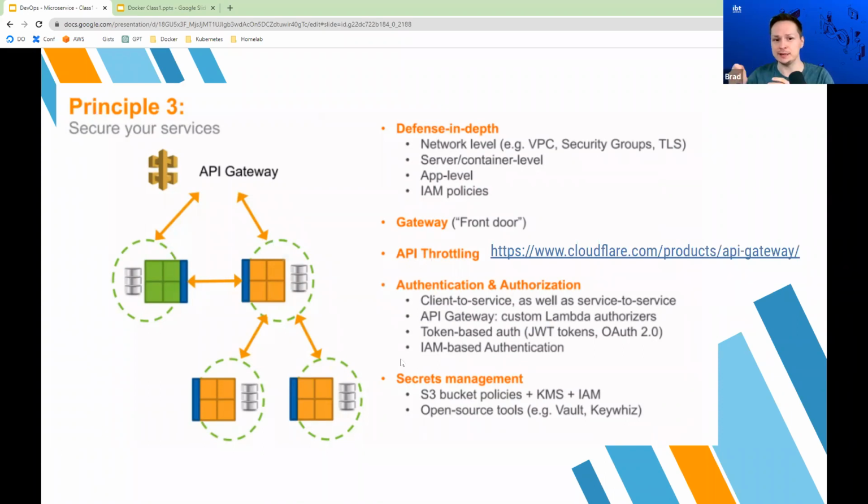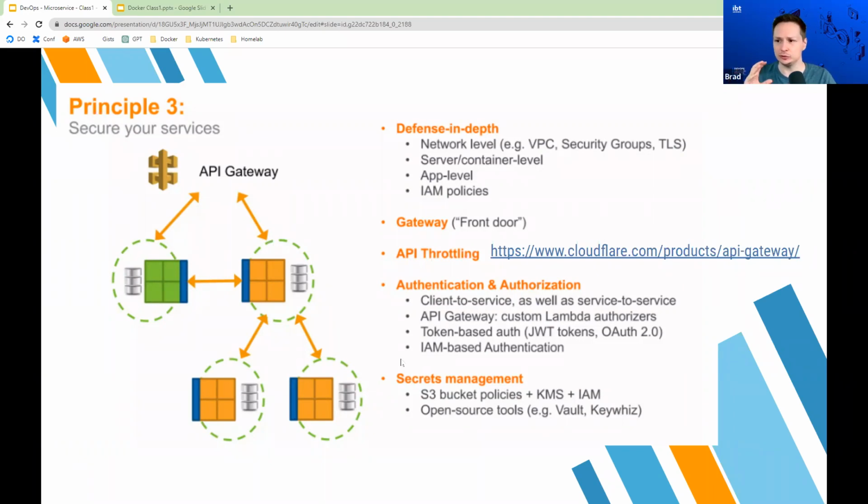There should be many different layers of your security methodology, right? So back in the old days, we used to just have a firewall and we would set up that firewall and that was our security, right? Nowadays, we secure every single different component that we can secure, right? So we do defense in depth.